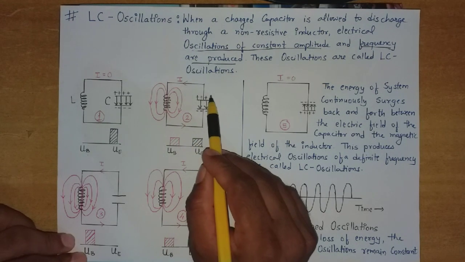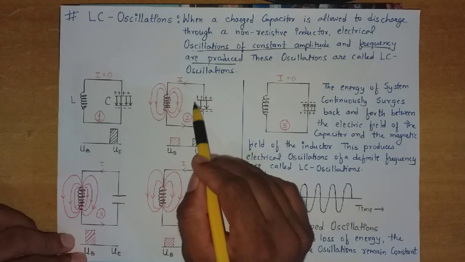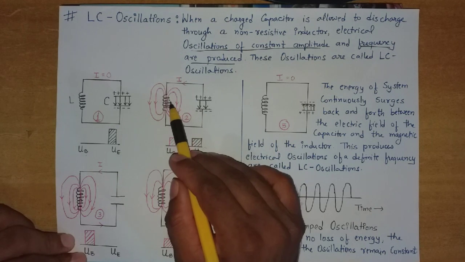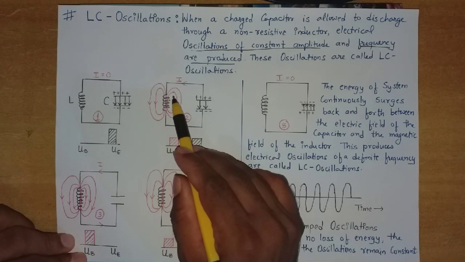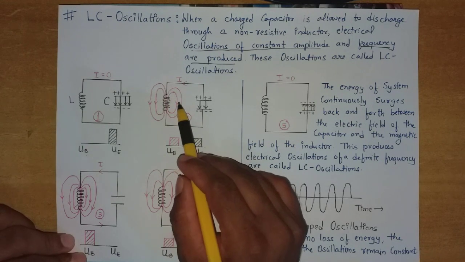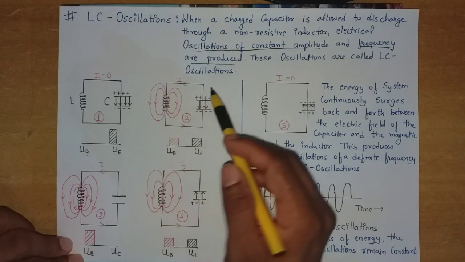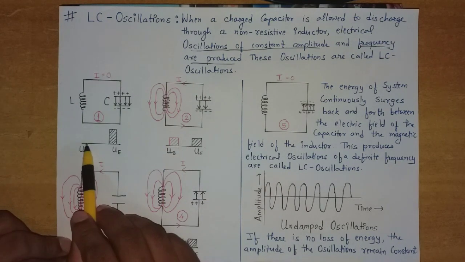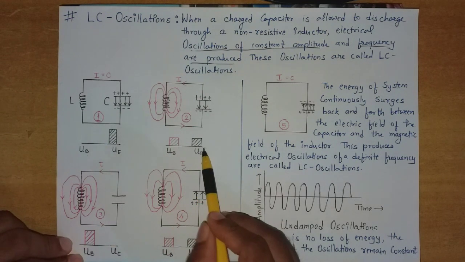Clear? So here there is a decrease of charge in the capacitor. So we can say that the capacitor is in discharging mode, while the inductor is in charging mode. Here the inductor converts the current into a magnetic field around it. Clear? Or you can say that the inductor stores energy in terms of the magnetic field around it. So by that, the inductor energy increases by half. As you see, the initial energy is 0, but here the energy increases, while here the energy is maximum. So the energy of the capacitor decreases to half.